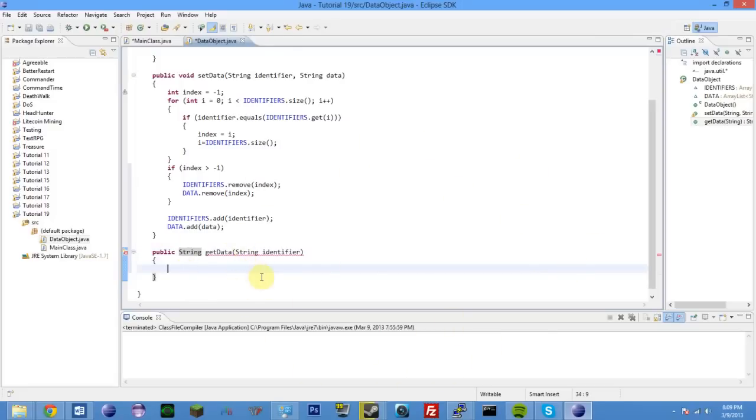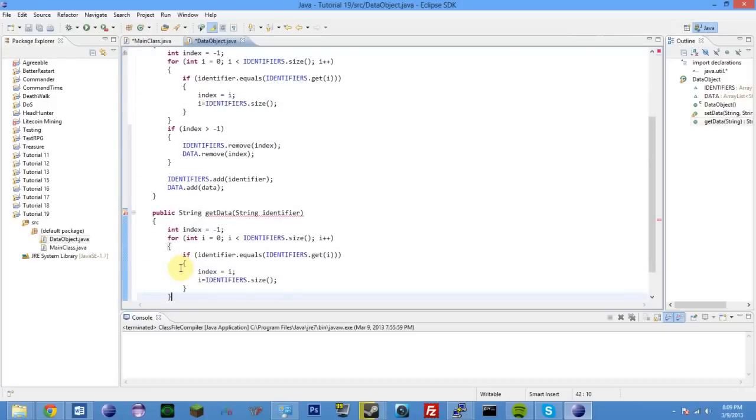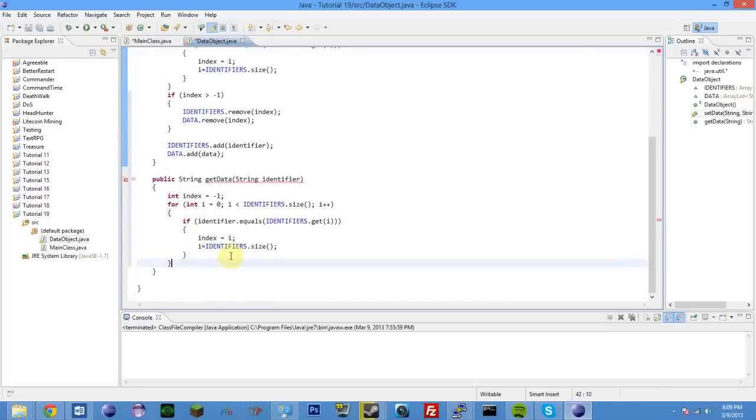So I'm going to recycle some of this code. And again, it could be a little bit more efficient and more compact. However, I think it's easier to understand by separating this into if index is greater than -1. Otherwise we could just do an else statement here. Either would work. So, index equals -1, and you loop through it, and you see if you find the identifier. Now, again, if index is greater than -1, that means it found it, which is great in this case because we need to return